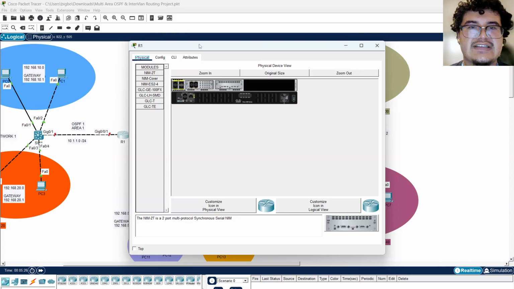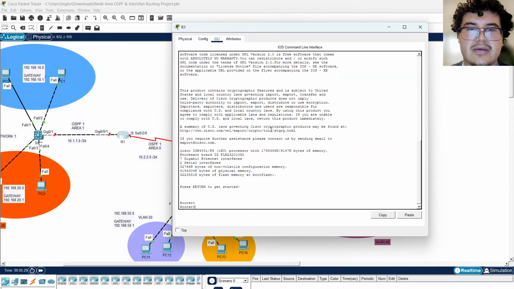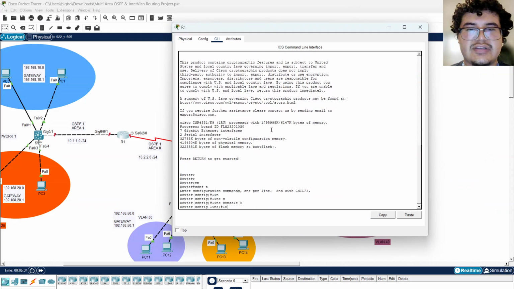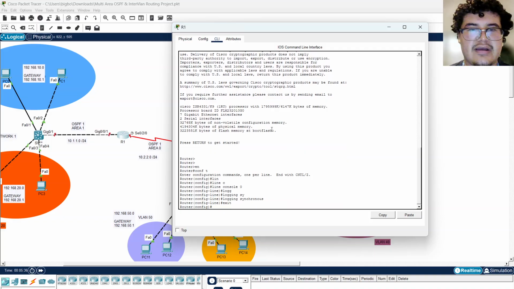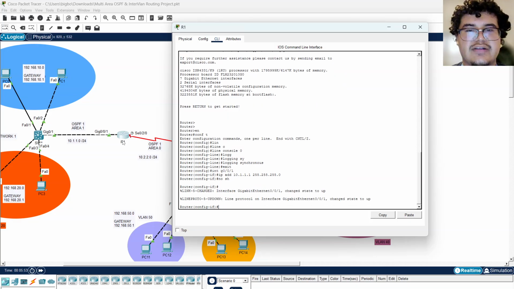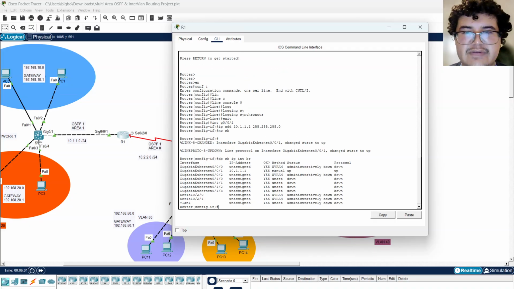So let's go ahead and fix that really quick. And conf t, let's do line console 0, so no interruptions, logging synchronous, exit, interface G0/0/1. Then let's add the IP address, IP add 10.1.1.1, 255.255.255.0. Remember, we added 2 here, so this is the first one. And then no shut for it to be up. See, green signifies up, and it also tells you here. Do show IP interface brief, and just to confirm it,